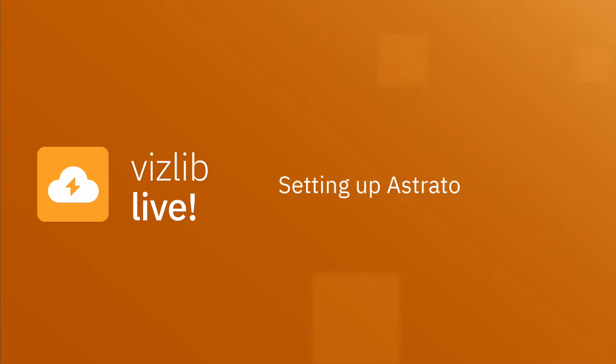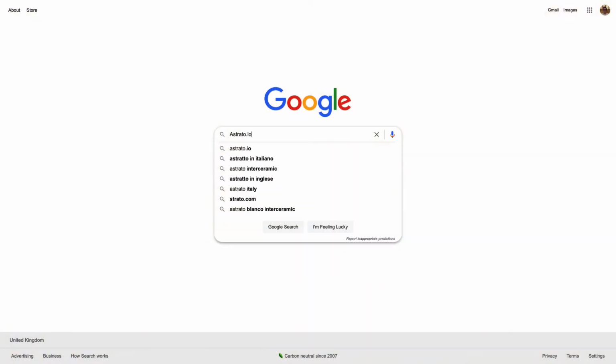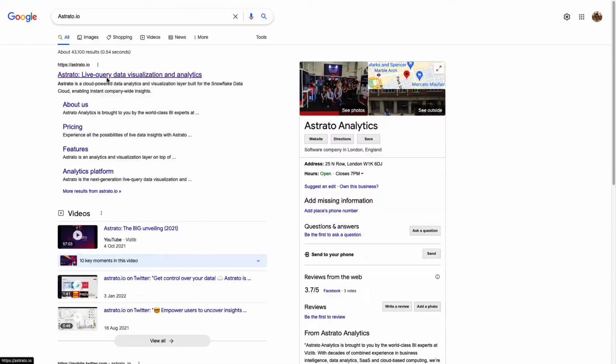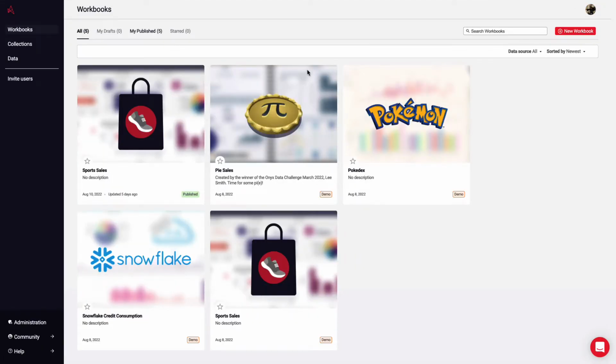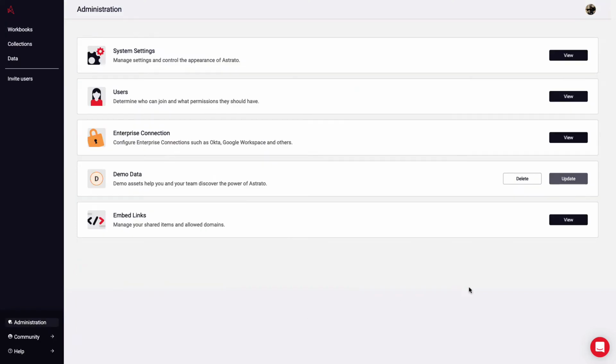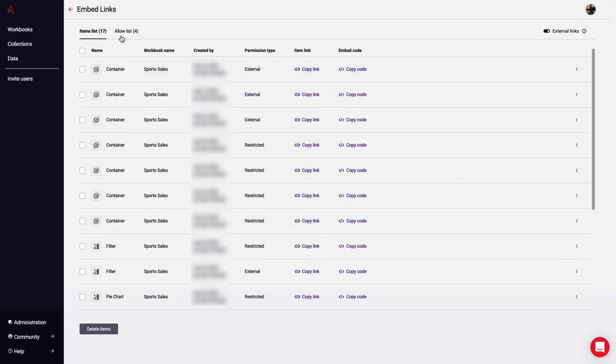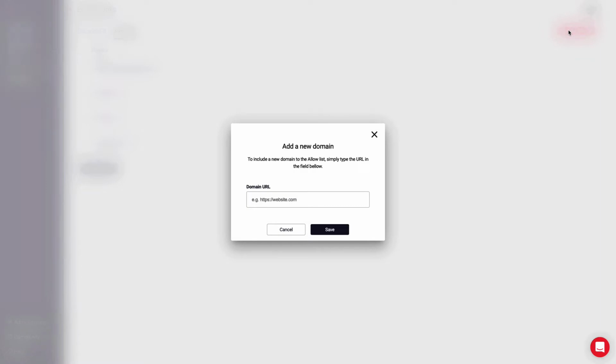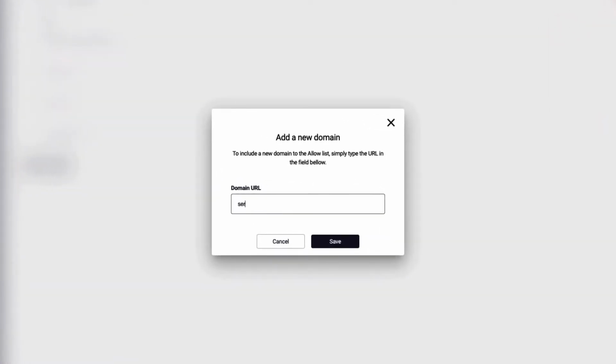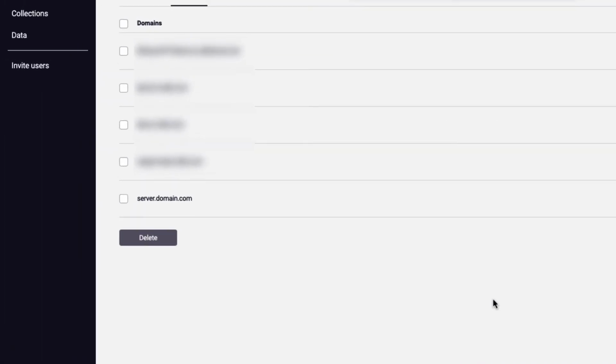Once you've created your account, head over to astrato.io to begin creating your workbook. The following process is the same for Qlik Enterprise and SaaS. You'll first need to allow your Qlik server to communicate with Astrato. This is simply done by going to Administration, Embed Links, Allow List, and adding your Qlik domain address in New Domain, and paste in your URL domain. For example, your